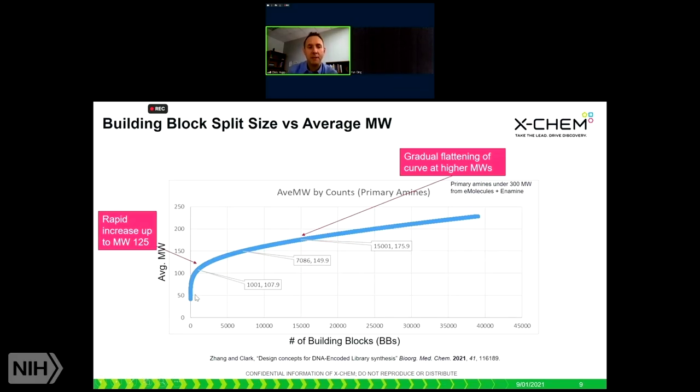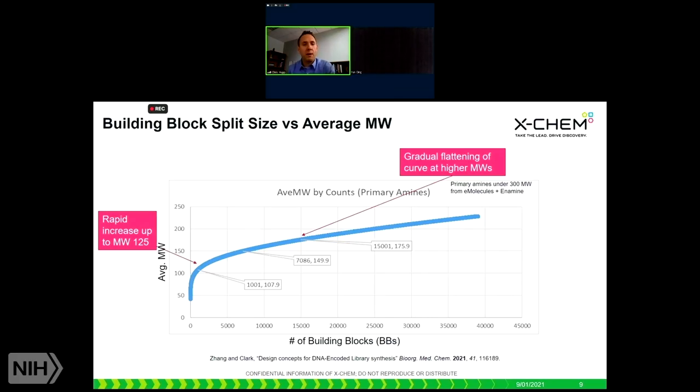And what you can see is, as you get to split sizes or number of building blocks close to about 1,000, you see a rapid increase up to a molecular weight around 125. And then as you get higher and higher split sizes into the 10,000s and 15,000s, you can see your average molecular weight does increase. But what you also notice on this graph is, yes, we may increase in molecular weight